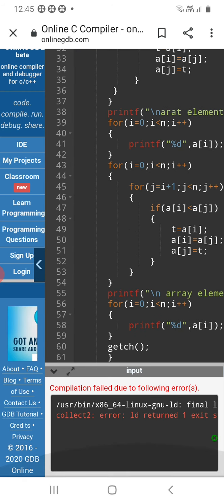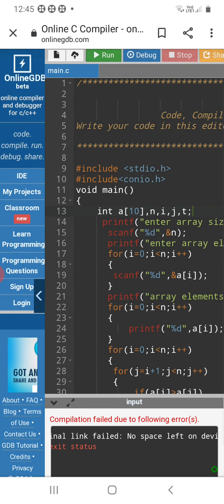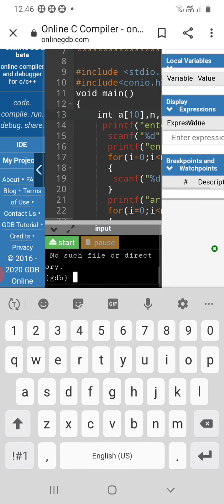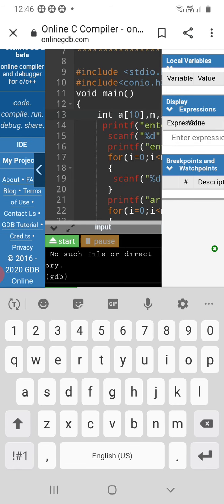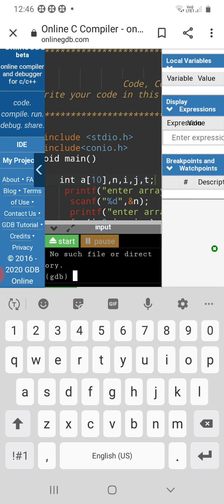Compiling the program. Debug the program. Okay, now I'm compiling the program.